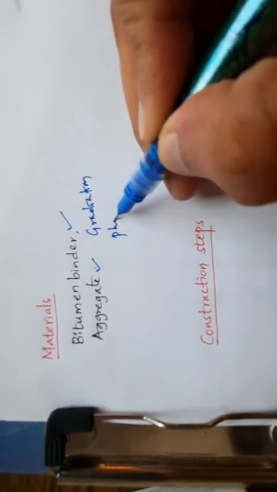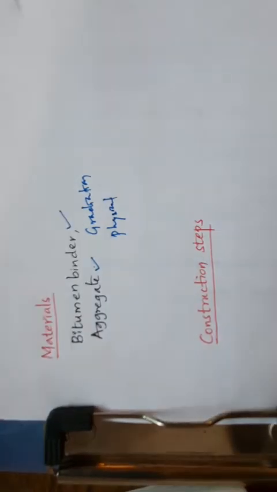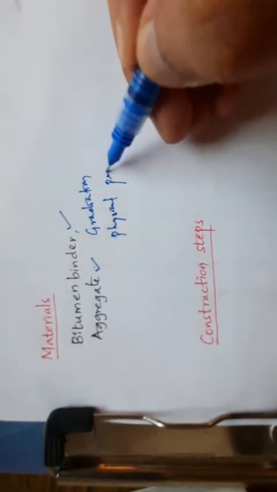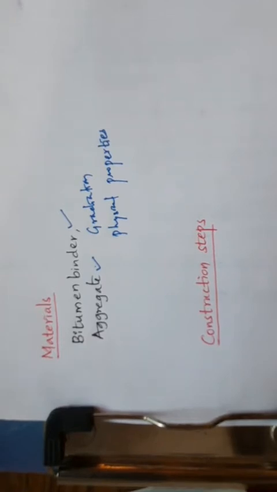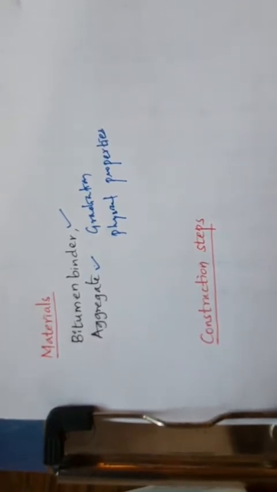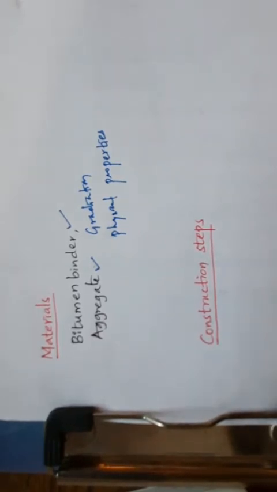In physical properties, the Los Angeles value has to be less than 40%, the aggregate impact value has to be less than 30%, and the combined flakiness and elongation has to be less than 40%. For the soundness test, with sodium sulfate it has to be less than 12%, and if using magnesium sulfate, it has to be less than 18%. Water absorption for the aggregate has to be less than 2%, and for the coating and stripping value, a minimum of 95% coating has to be retained. These are the physical properties you have to look at.